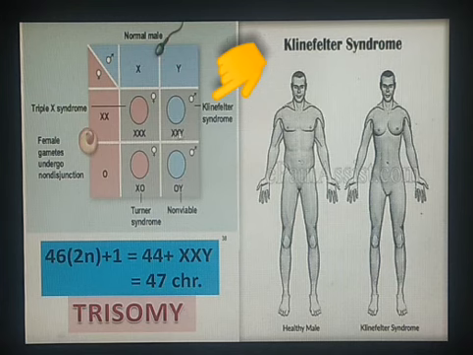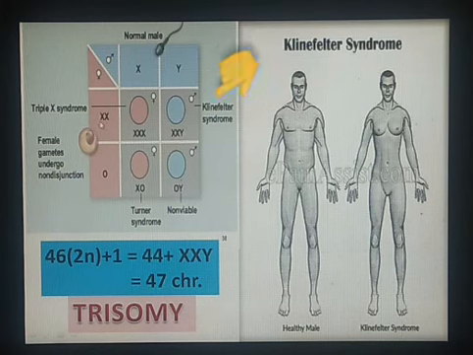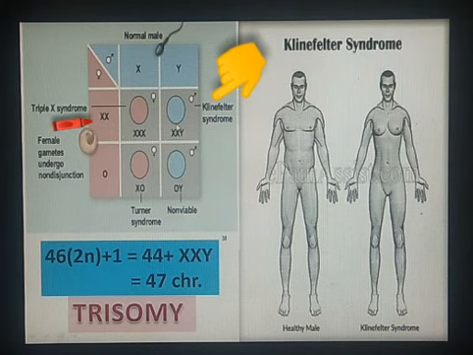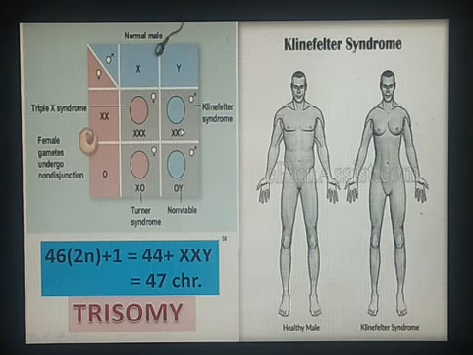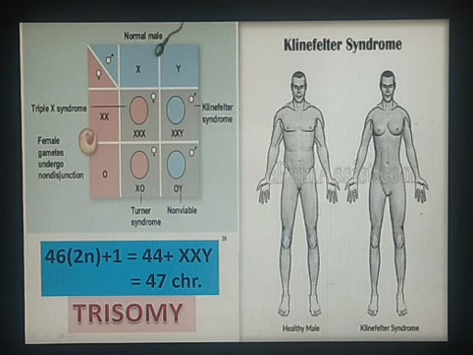So, the karyotype will be XXY, wherein the two X chromosomes are received from the female gamete and Y is received from the sperm in that individual. Here, the male does not develop normally like other males, and he shows a number of feminized characteristics. But most of such men can live a normal life.